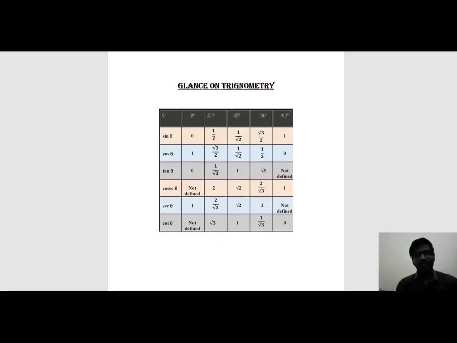In this trigonometric chapter, there are a few things that we should know before jumping into the problems or the application levels. One thing you can see on my screen is the trigonometric table. For class 10th, angles up to 90 degrees are more than enough. When we go to higher studies, we may need 270, 360 degrees and values like that also. But since I'm going to teach for class 10, up to 90 degrees is enough.